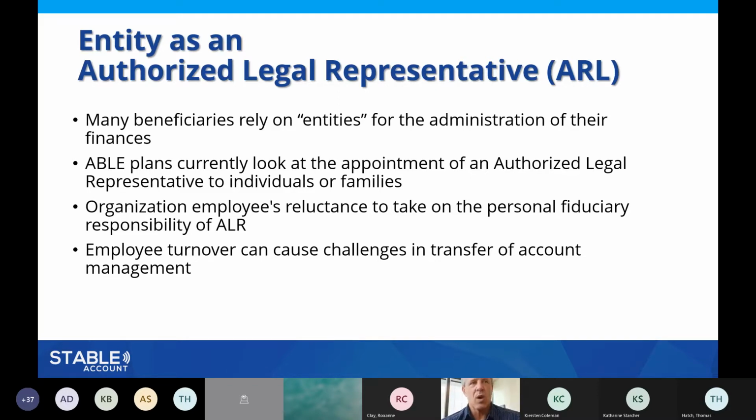Number one, many beneficiaries rely on entities for the administration of their finances. We often find that this comes into play if the entity themselves is registered as a representative payee or those types of services are offered through them. But you could have some organizations that also have guardianship capacities as well.